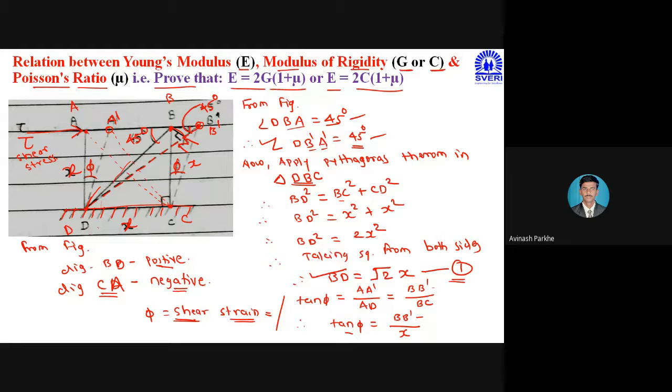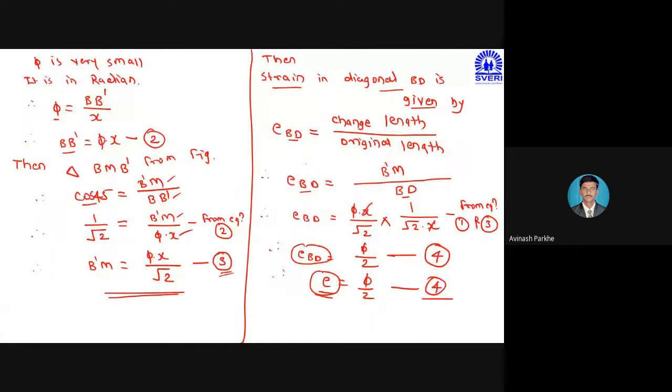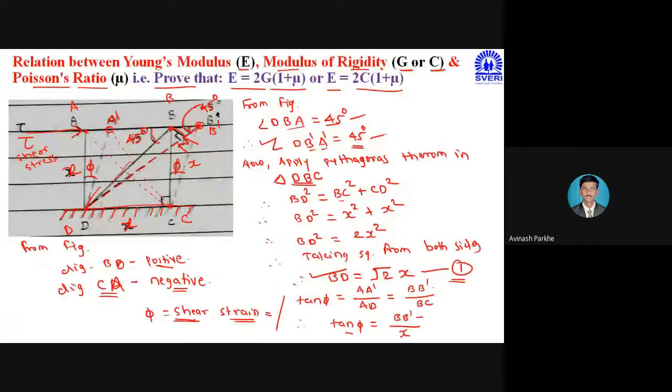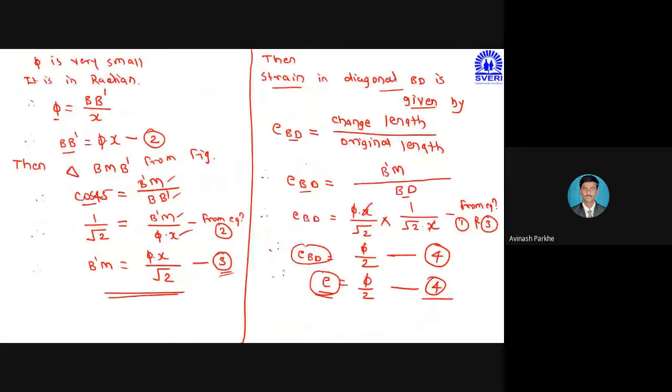If you have not understood, please ask the question now, or you can ask the question after finishing the lectures. I will explain the things once again. But the derivation is very simple. The process is very lengthy, but it is very simple. Initially, we have applied Pythagoras theorem. Then I have applied the tan theta rule. Then I have applied the cos theta rule.